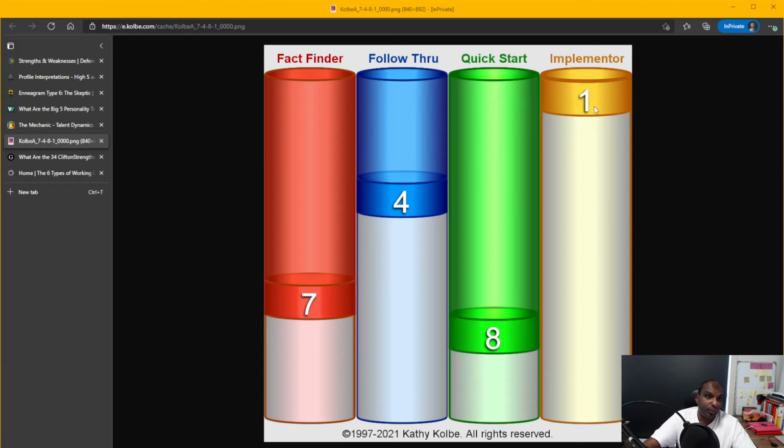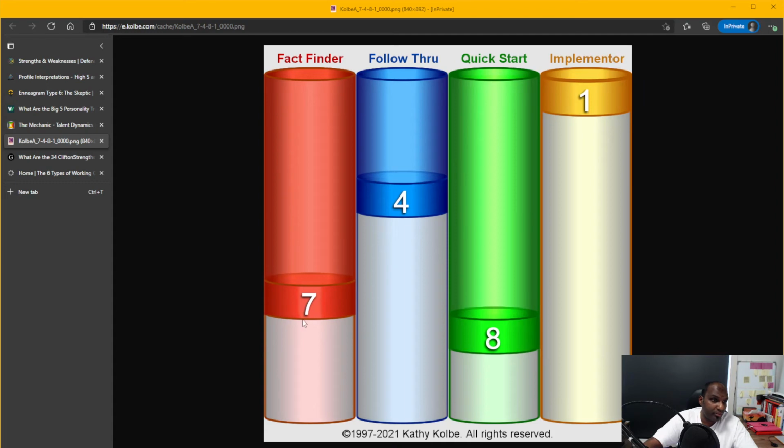And then people who are low in implementer are more visual in their heads, having a bigger plan, whereas people who are 7, 8, 9s here would have to physically construct things. Let's say a physically constructed network with switches and all that, to see for themselves how everything works or should work. And then you have fact finders.